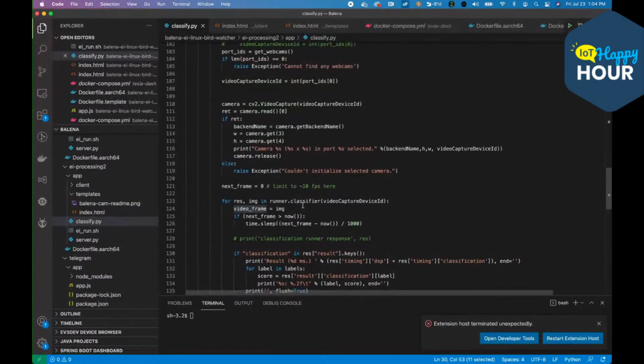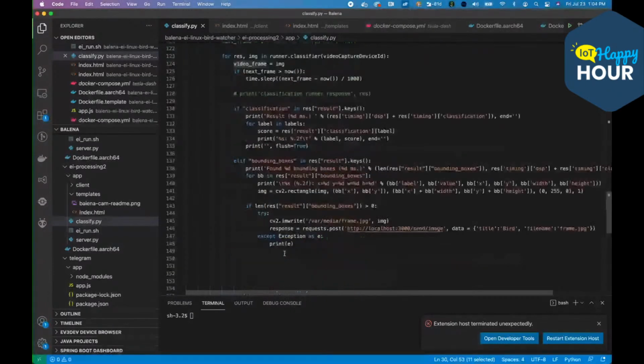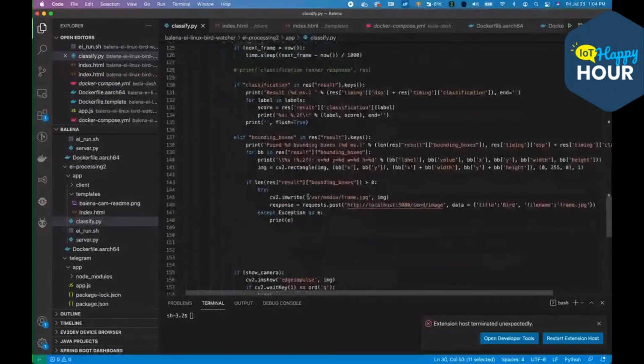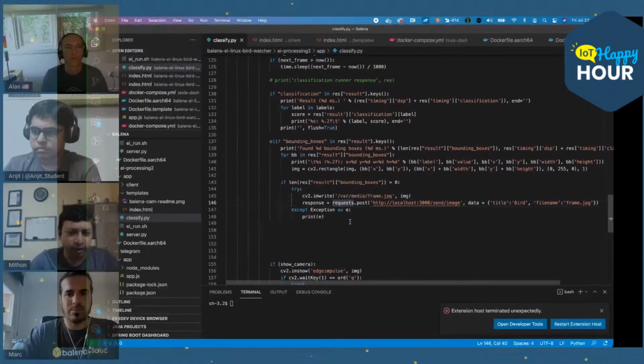For example, I'm sending a notification to Telegram here. I have the image feed and I'm sending it to Telegram so that I can get a notification. At the same time, I am also streaming that back to a browser so that you have the live feed as well as all the inferences, and you can do really whatever you want. We are using Telegram, but you can use anything like Twilio.